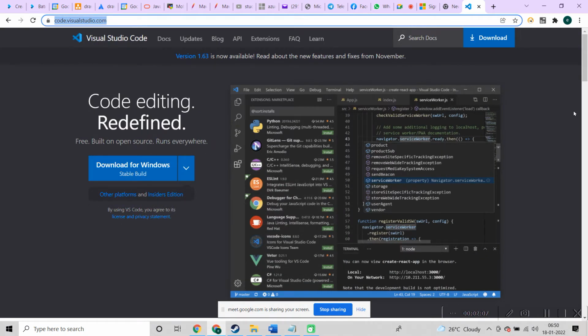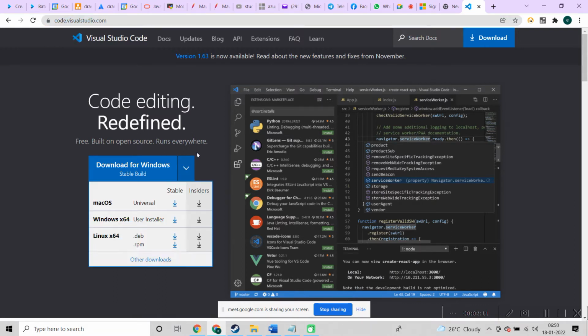Windows, yes. Okay, so download this stable version. Getting started, Visual Studio Code.